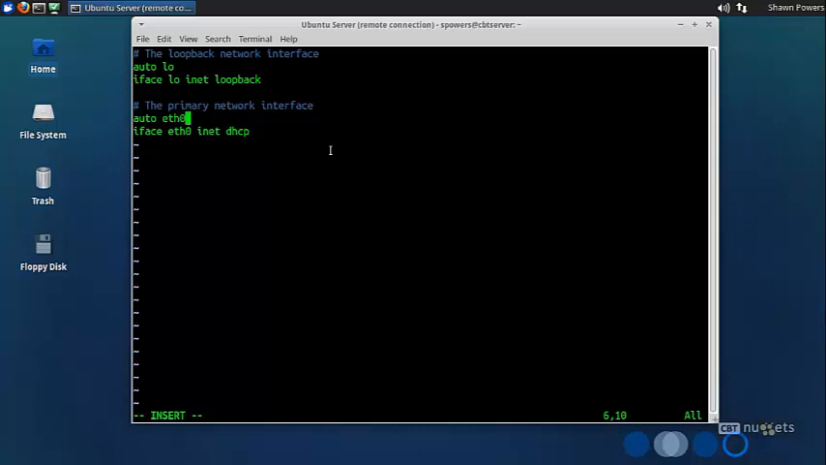Sometimes it's easier to tell what's going on if you do it that way. Either way works perfectly fine and works the same. So auto lo automatically brings up the localhost, and auto eth0 automatically brings up eth0, and this is the configuration. Now, in order to make this a statically assigned address, we have to change this /etc/network/interfaces file,